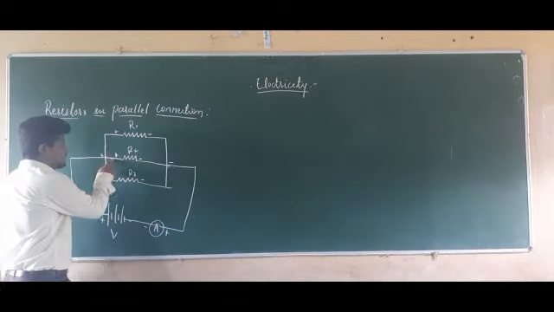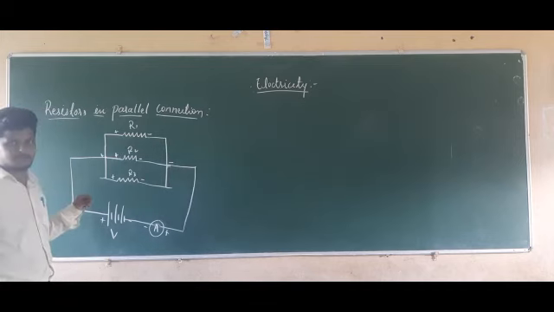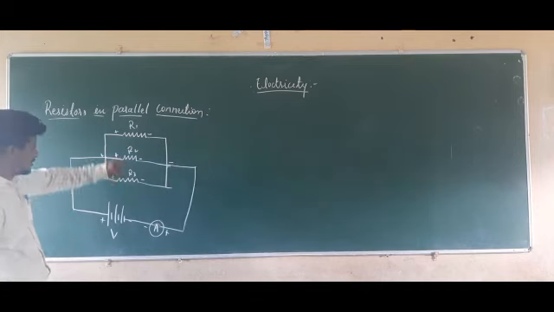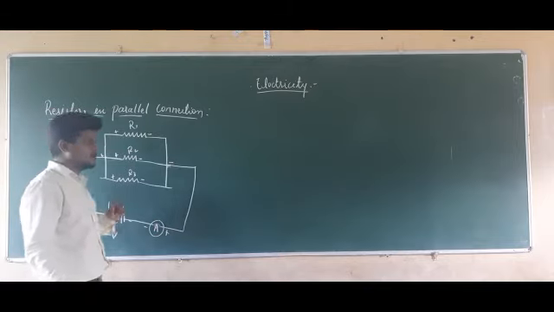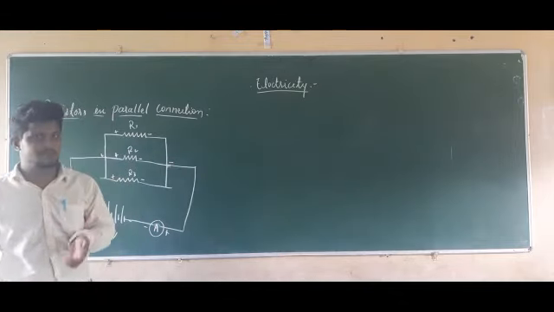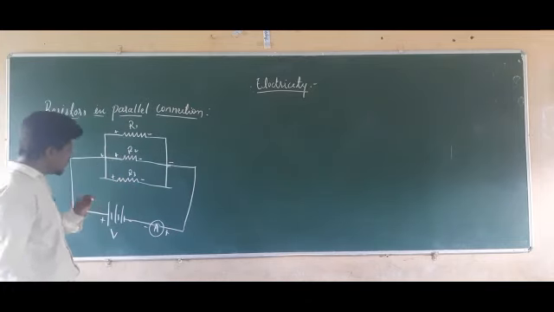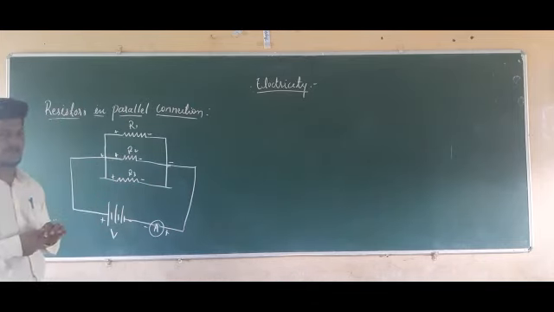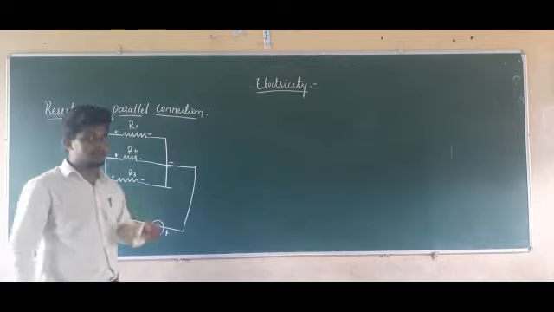If this positive were connected to the negative of the first resistor, then it would be a series connection. But it is not connected like that, so this is a parallel connection. You already know that in the series connection, the current will remain the same, but the voltage is going to change, that is, it is going to fluctuate. So what parameters should be considered here in the series and parallel connections? For that reason, I am going to take another example.